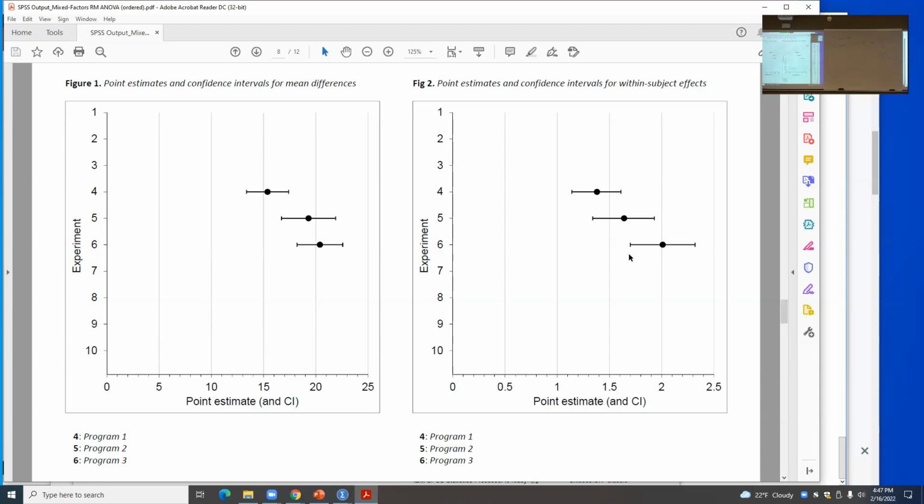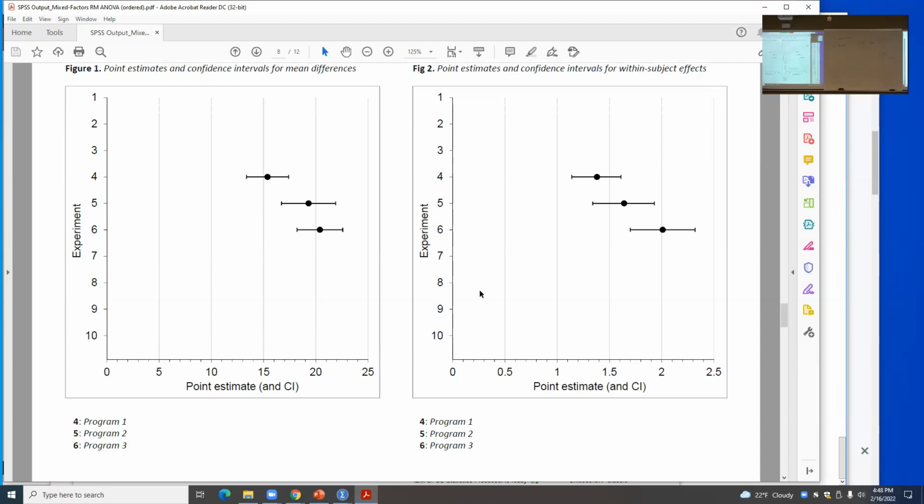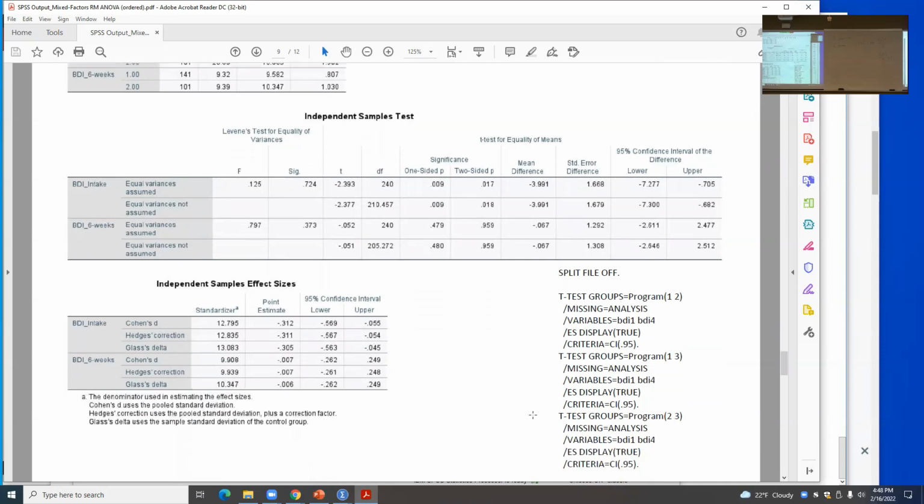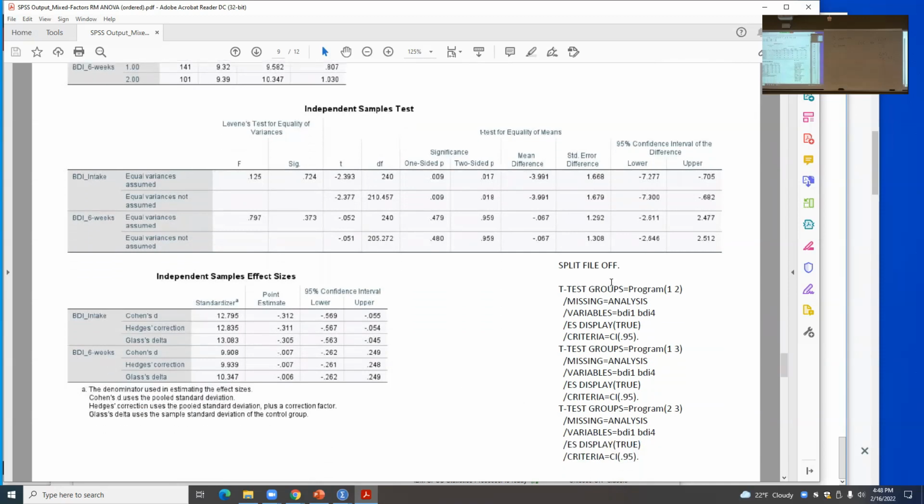Okay. So that's our within subjects stuff, but we also decided that we were interested in looking at between subjects things. So what I can do here is just set up a bunch of t-tests. I'm just going to run a t-test comparing program 1 versus program 2, program 1 versus program 3, and program 2 versus program 3, and look at those t-tests at baseline and at final treatment. And if I go through and do that, I just get here,